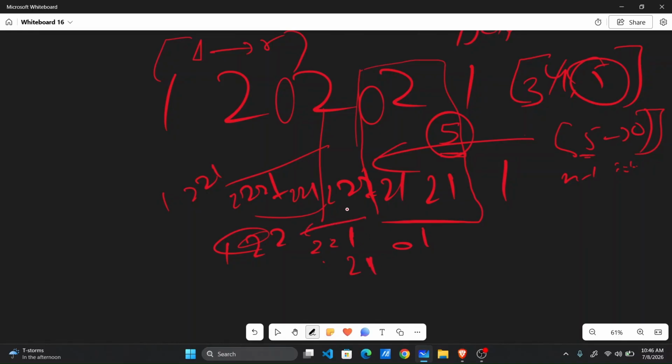So it is 5 to R, it is 0 to R. This is 0 to n minus 1 to L, and